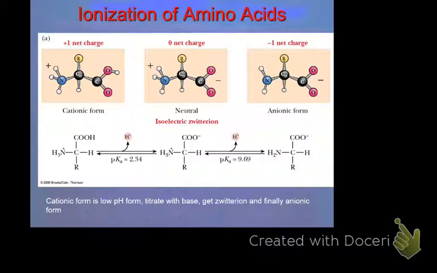And so now it has a net charge of positive 1. If you go to a high enough pH, not only does the carboxylic acid lose its hydrogen, but so does the amino group. And so now it has a net charge of negative 1. That's true for all of the ones that don't have any charges on their R group. Okay? So for every